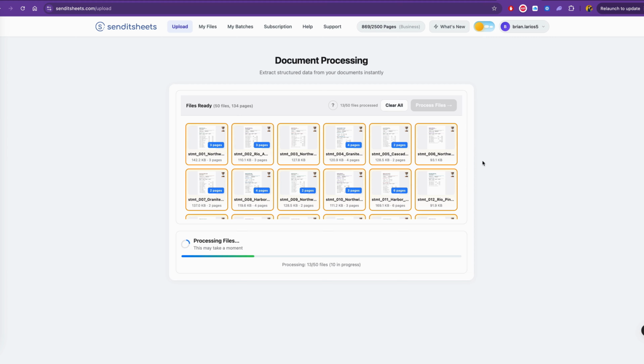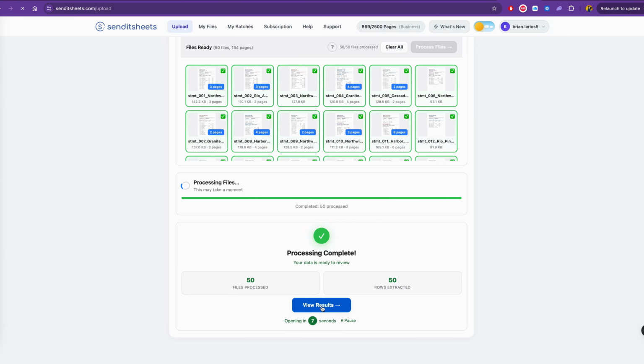And then once everything looks good to you, we'll go ahead and download all of this information. So I'm going to go ahead and speed up this processing just for the sake of the video, but normally it only takes about a minute or so. Okay, so now we're ready to view the results,